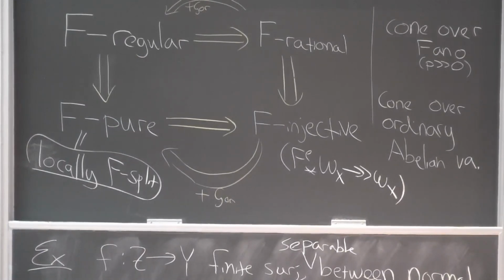And so this actually might be something you really might expect, the converse. You might really hope that the converse is true. We don't know that the converse is true. It's really quite wide open. Basically, the converse is equivalent to the statement that if I have a smooth projective variety, and this is due to Mustață and Srinivas, there's Mircea,